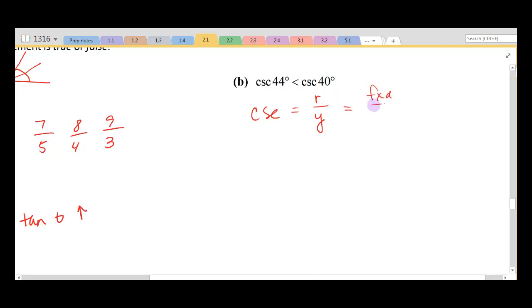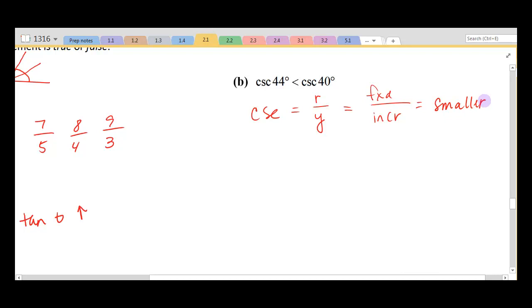It doesn't change. And as my angle is increasing, y is also increasing. So what effect does that have on this fraction? If the numerator stays the same and the denominator consistently gets larger, then this overall fraction gets smaller,